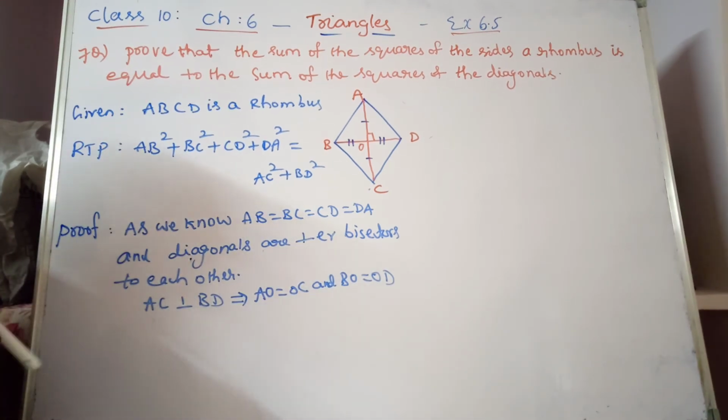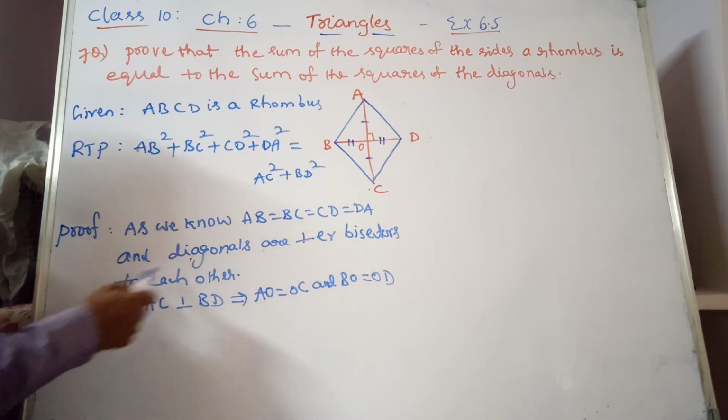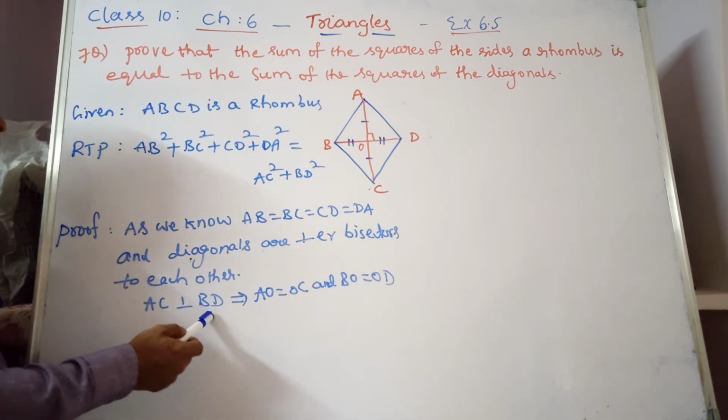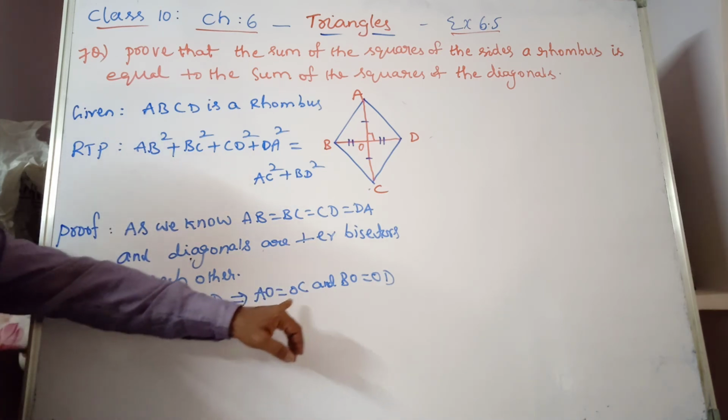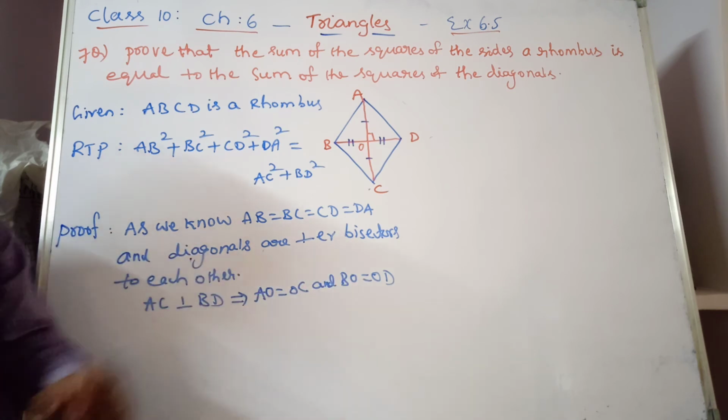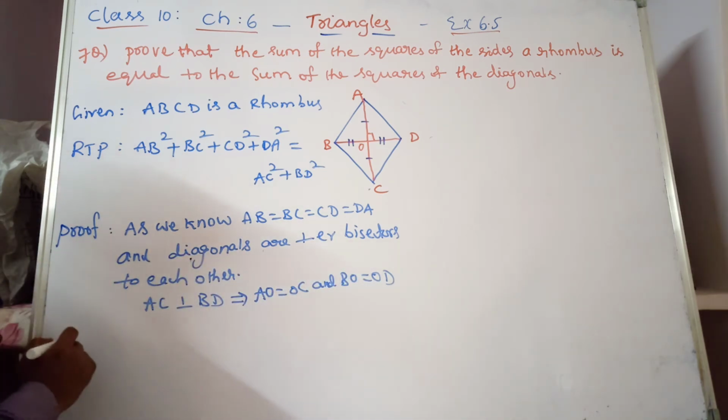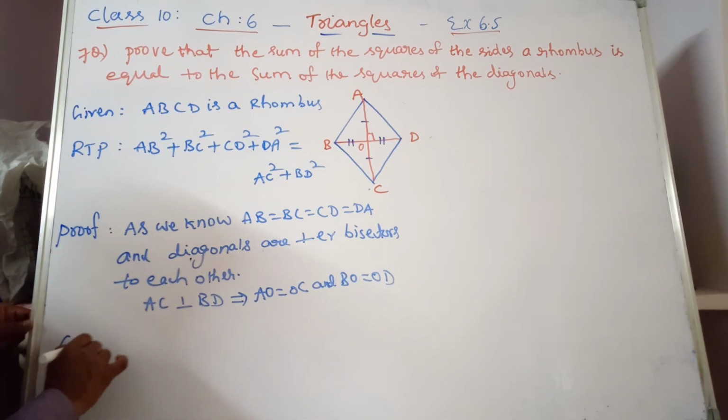Diagonals. In class 7th we discussed the rhombus, and in 9th class also we proved that the diagonals of a rhombus are perpendicular bisectors of each other. So AC is perpendicular to BD and it is a bisector, perpendicular bisector, meaning AO is equal to OC and BO is equal to OD. Now, in that consider